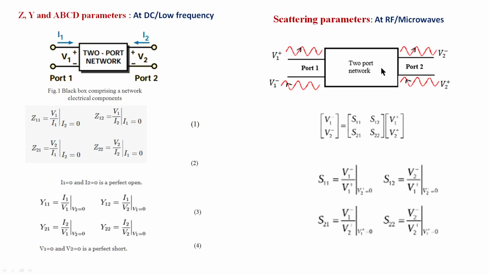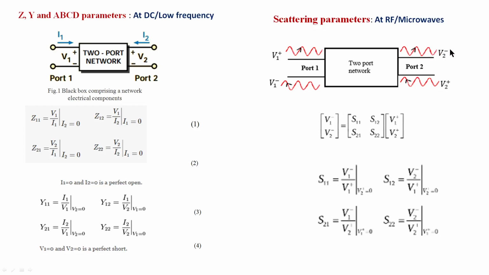So this wave incident here, a part of it reflects back because of a mismatch here. A part of the wave reflects back like this. But the remaining may go through this port. The remaining wave goes through this network and reaches the output here. This is the output wave, the outgoing wave.